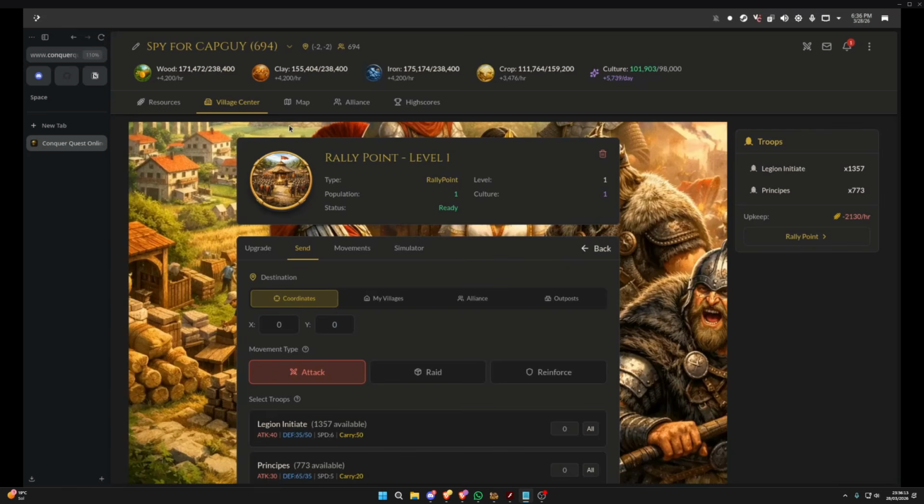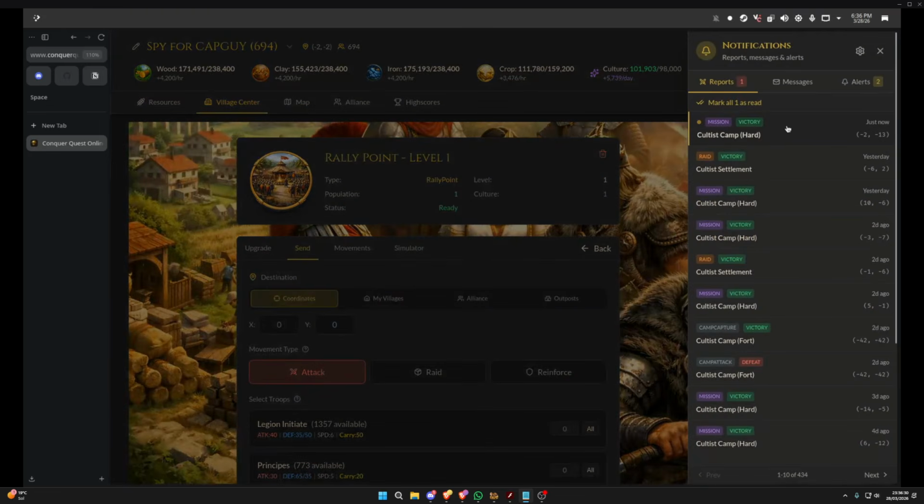So in some ways, you can look at a Nord and guess that they are going to be defensive, but like I said, they have access to the fastest raider, one of the best cavalry units in the game. So maybe they're not. And as I said, a report just came in, so we can look at my mission